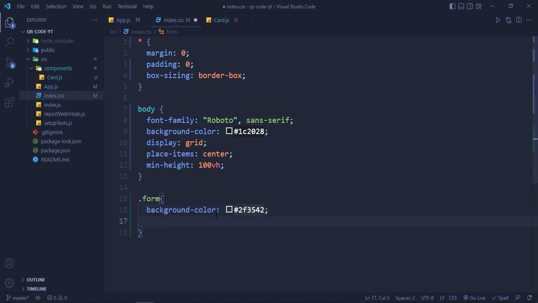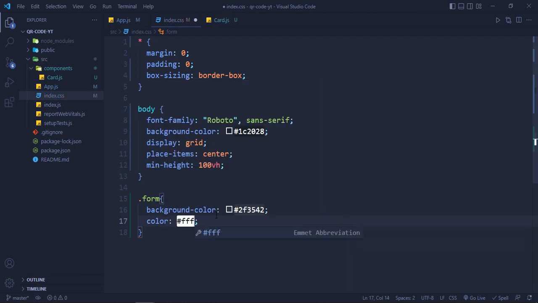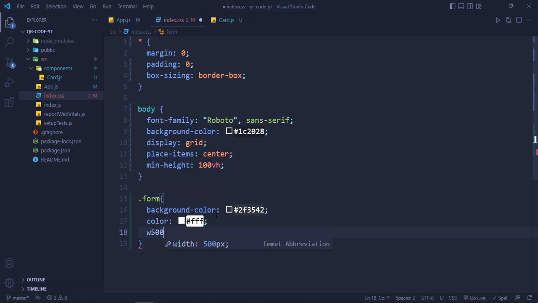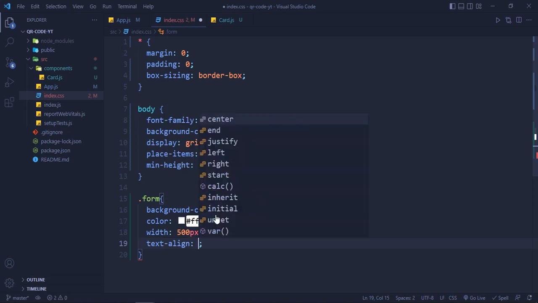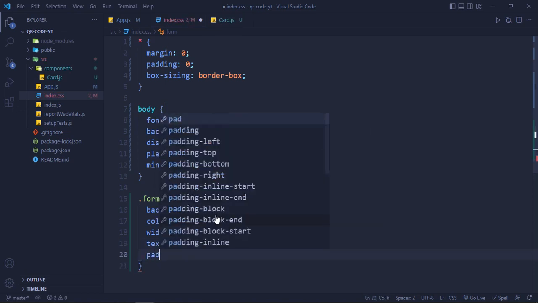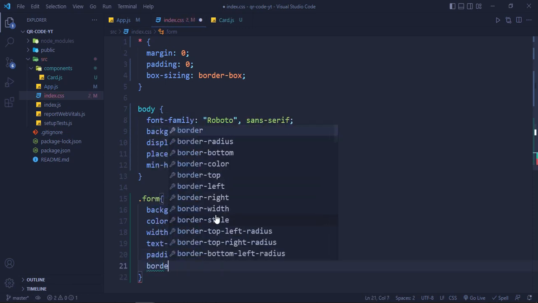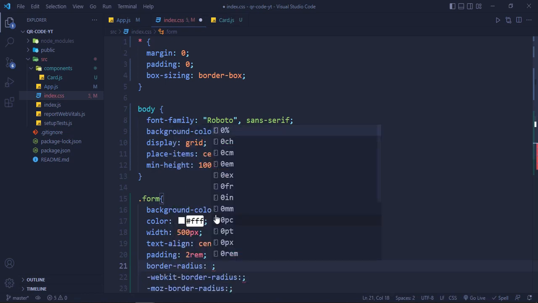Okay, color #fff, width 500 pixel, text align center, padding 2 rem, border radius of 1 rem,